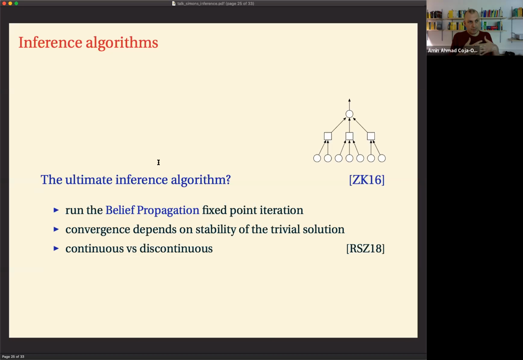And it is tempting to conjecture, and empirically it turns out that way, that the success of belief propagation as an inference algorithm depends on whether this fixed point is attractive or not. In other words, we would assume that so long as the trivial fixed point is attractive, it will trap belief propagation, and belief propagation will not manage to home in on the non-trivial solution, on the ground truth effectively.